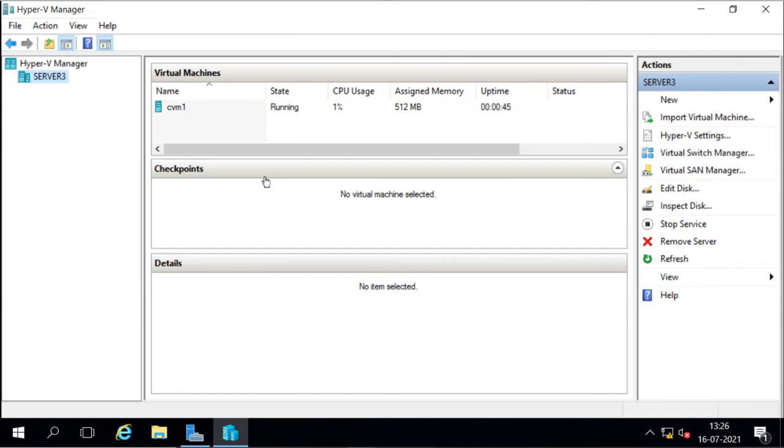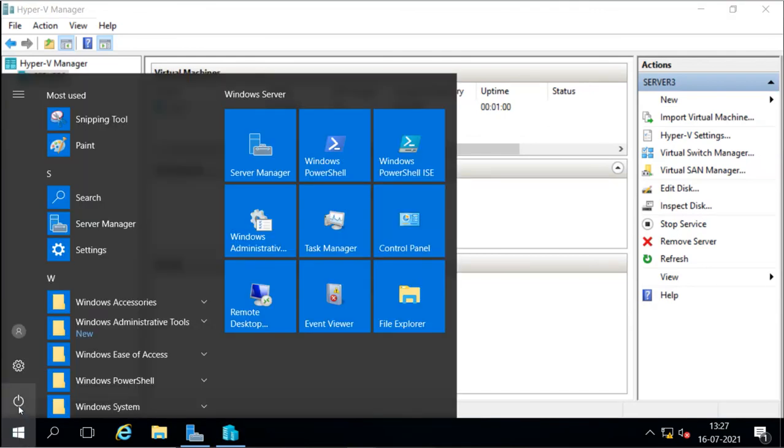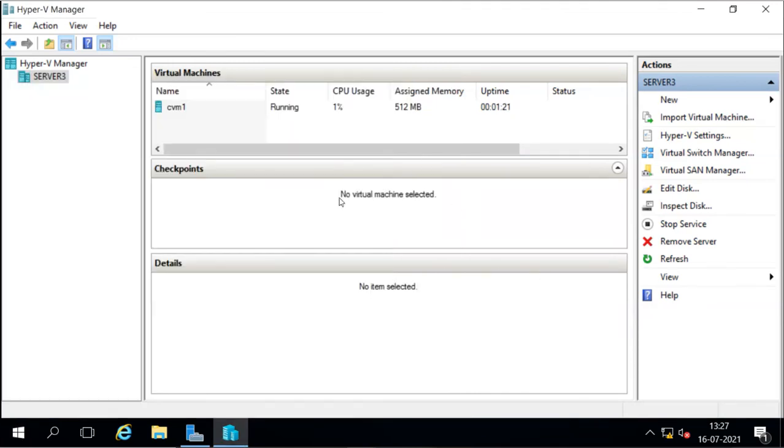Now if something happened to this server 3, if server 3 is not running, then automatically this virtual machine will move. It will do the failover, and it will move from this server to server 2. Now for example, if I do the shutdown, then what will it do? It will drain out the resources, and the resources will move to server 2. This is the normal drain out. We do the planned failover, we can say. But if suppose suddenly it is shut down, then also the machine will move automatically to server 2.